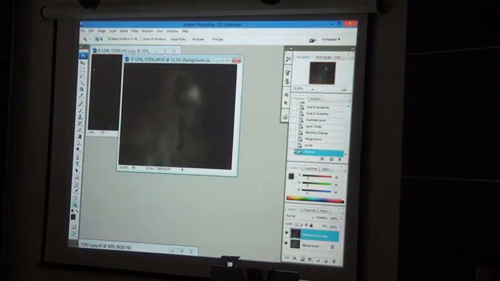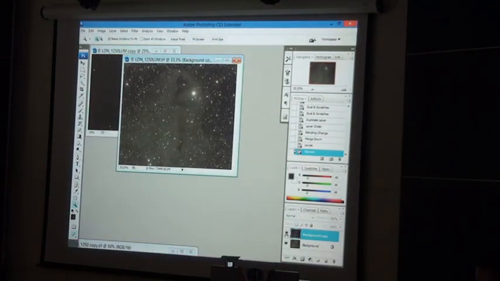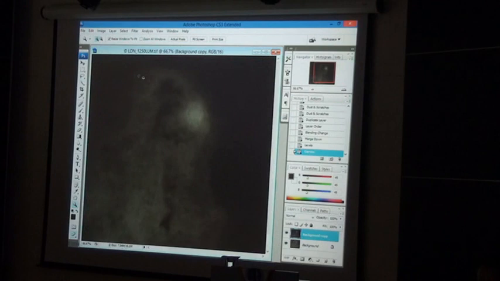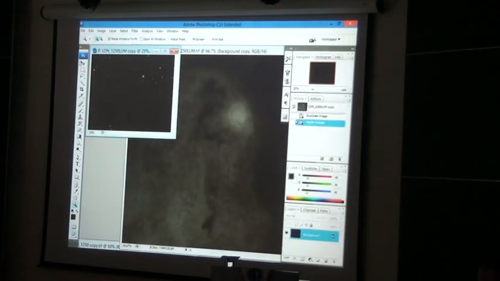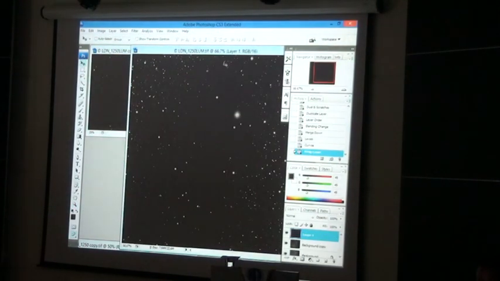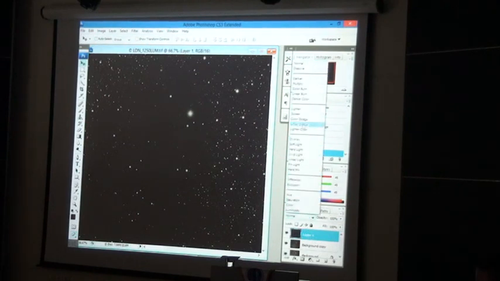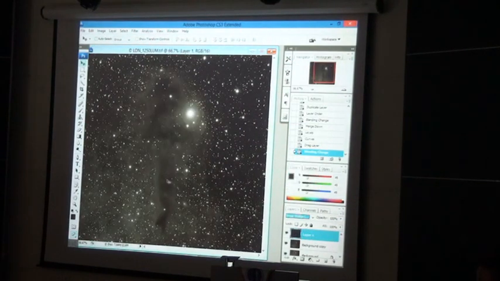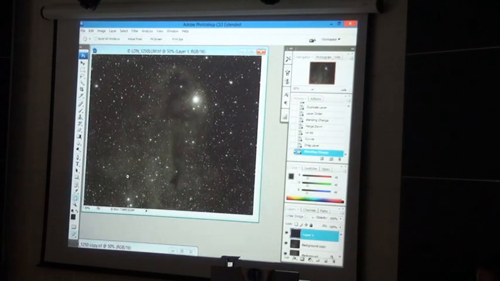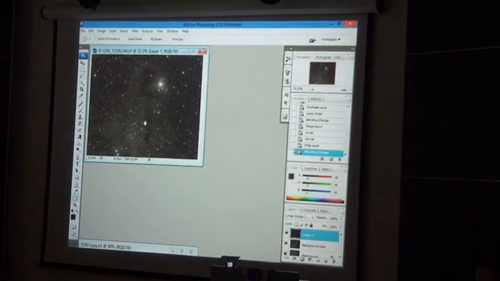Okay, it looks like this now. I test it, I bring the stars back temporarily to see what's happened. Oh, it looks much better now. If you compare where we started,